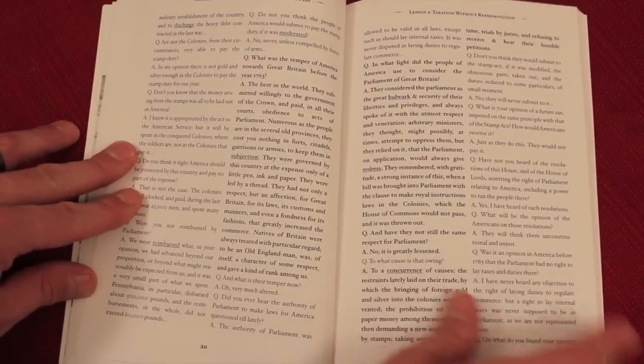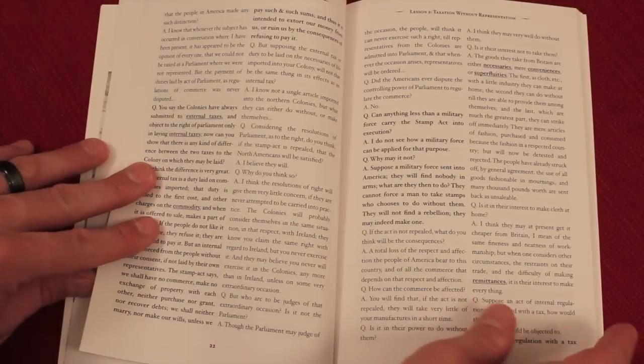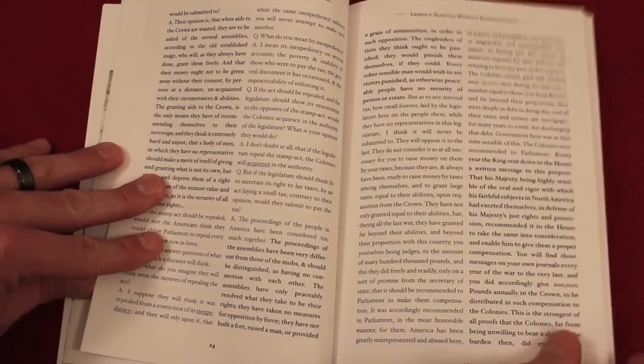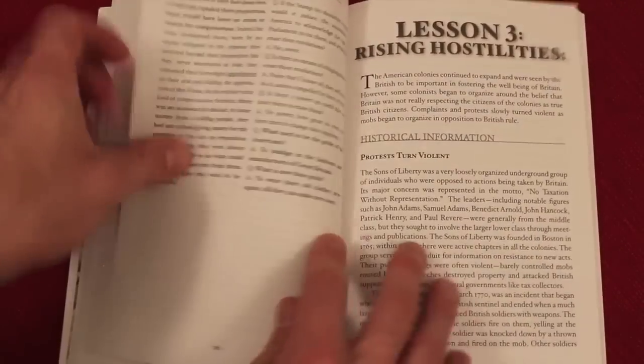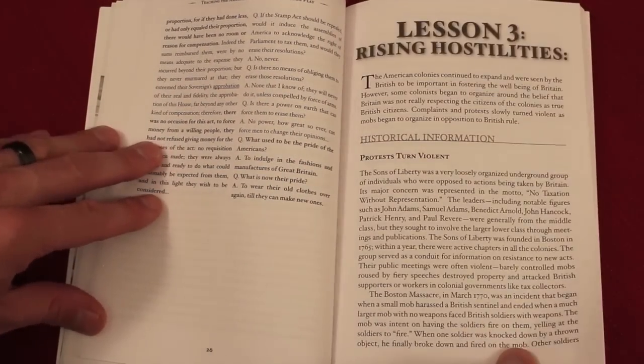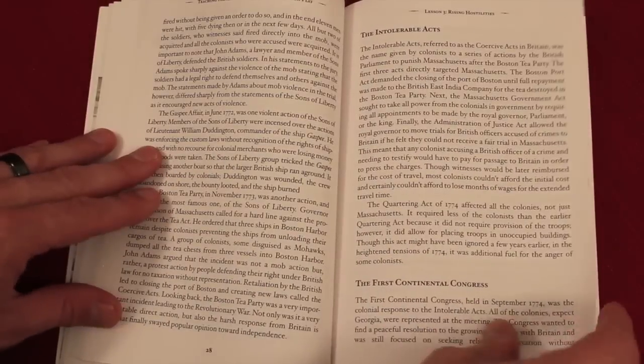It has, I think, the whole thing here. Now there's also a place online that you can go on and download this for all the people, so you can print it out. The teacher can print out a copy of this for everybody. So then we get to lesson 3, and more historical information on protests turned violent, and we talk about intolerable